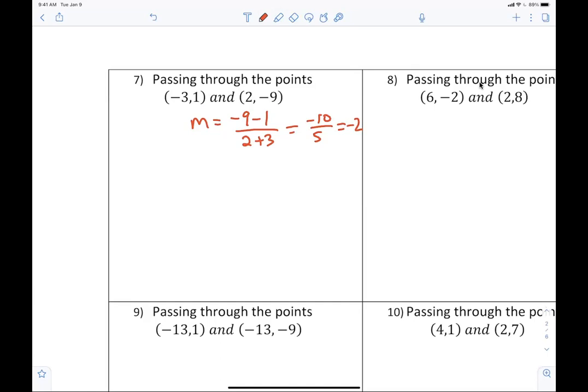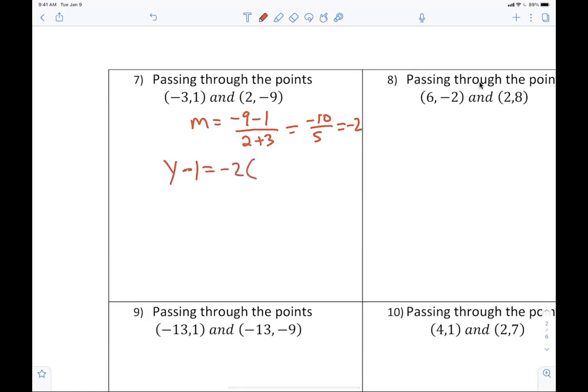So I don't show kids that because I want everything to be what? Consistent. All right, I'm not solving for b. I'm using the point slope form because that helps you remember the what? The point slope. And then move it into slope intercept and you'll see exactly the same thing. So who's going to write this in point slope form? Someone, Jolie, go. Y plus 1 or y minus 1 equals